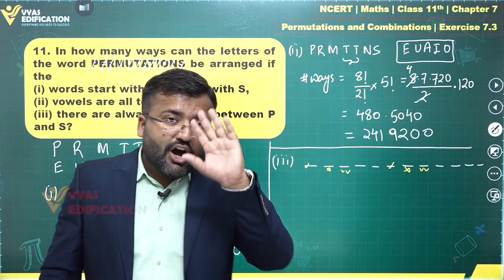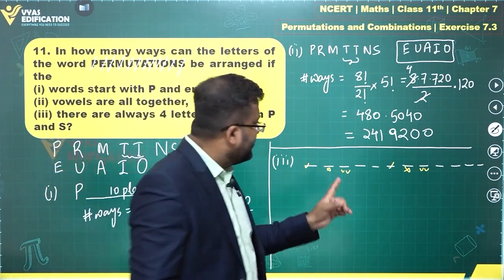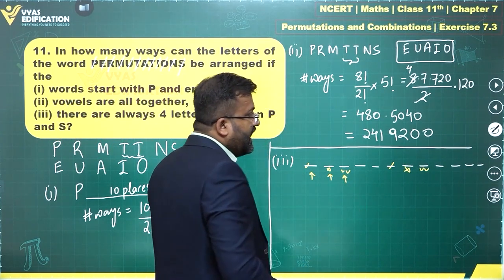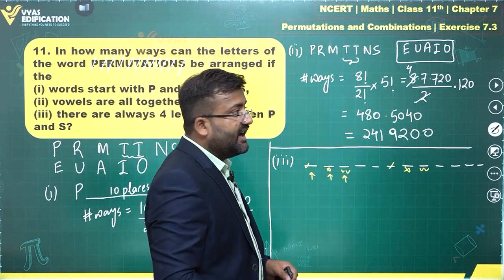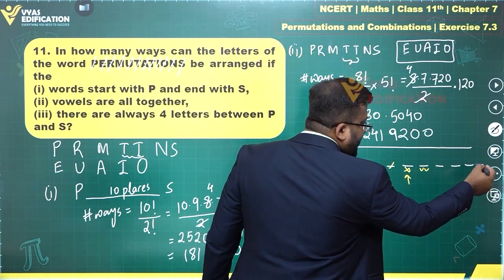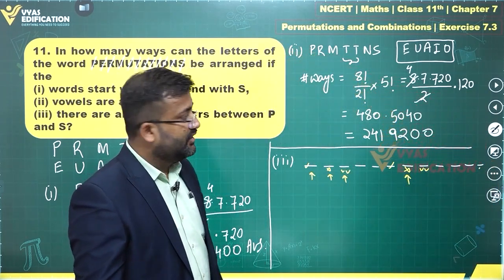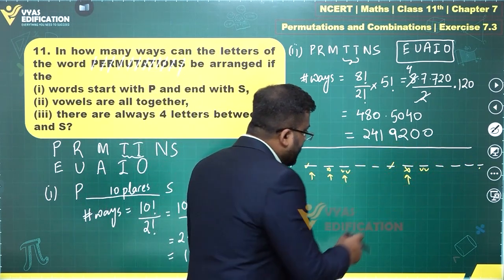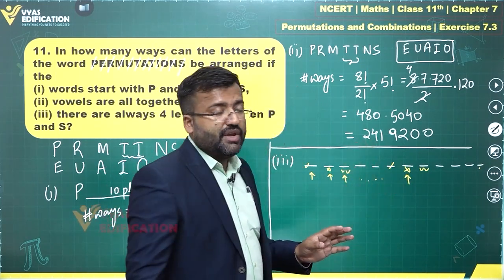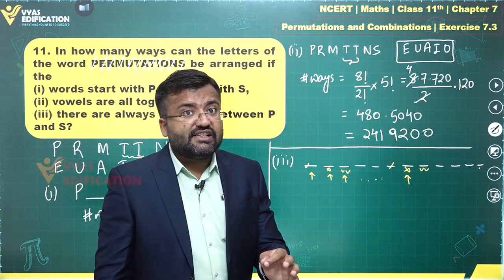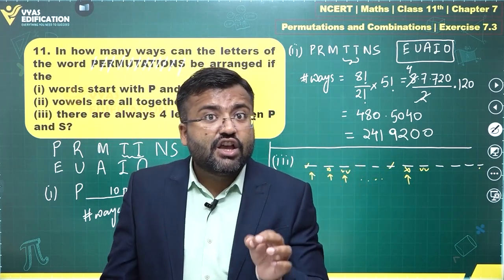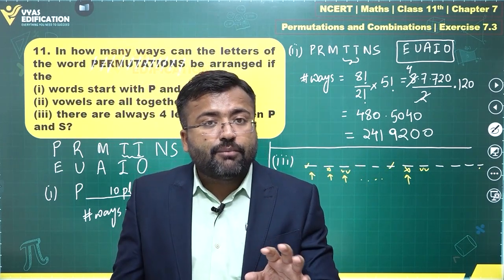That is possible. But how many possible locations are there for selecting this first one? So we can select this one, or this one, or this one. If you want to select the last possible combination of P and S, we'll have to go 1, 2, 3, 4, 5, 6. This is the place, right? If P comes here, 4 places, and this will be the location of S, corresponding to this one. So 1, 2, 3, and so on. You can allot this particular place to P, and correspondingly you'll have a place for S as well. So you'll have 1, 2, 3, 4, 5, 6, 7 ways of selecting positions for P and S,